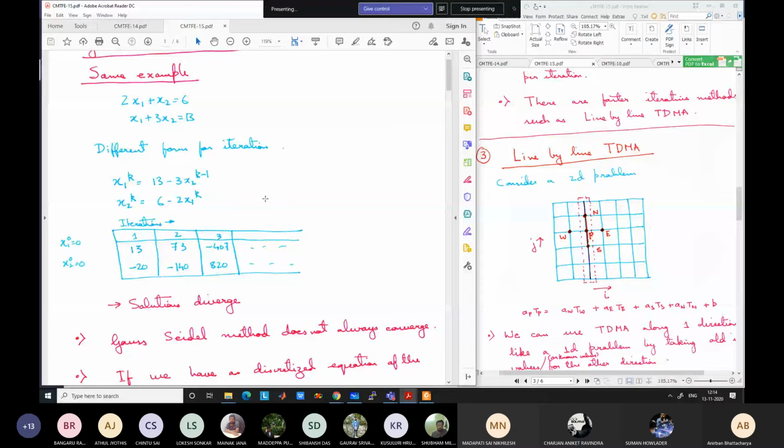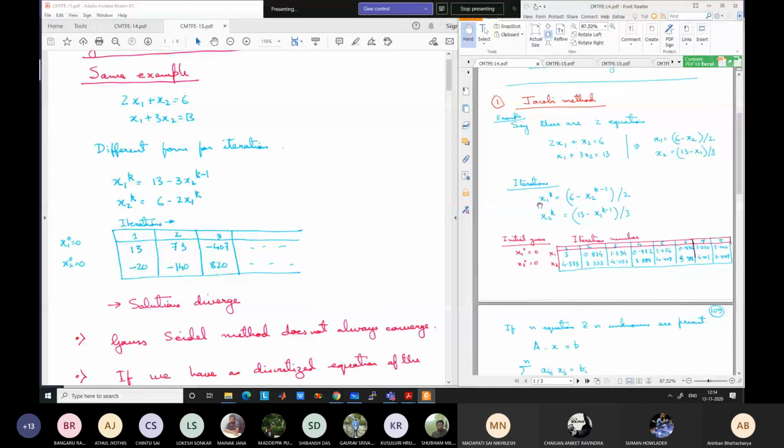If you take a look at the two situations, what is happening, you are correct in the physical interpretation. See, in this case, the previous iteration value, only a part or fraction of it, is being used as a change for the new iteration value. Whereas if you are not satisfying this Scarborough criteria, a very large multiple of the previous iteration value is being used for a change in the new iteration value.